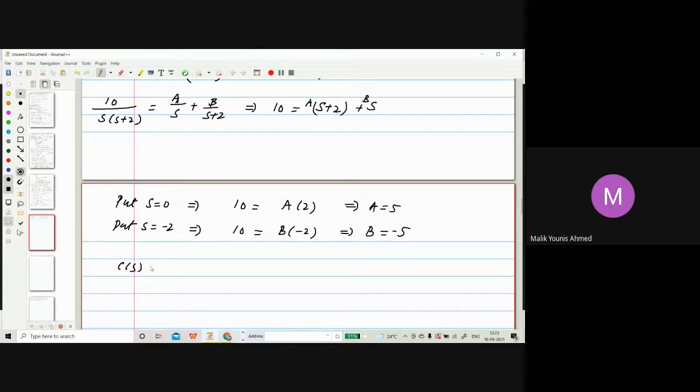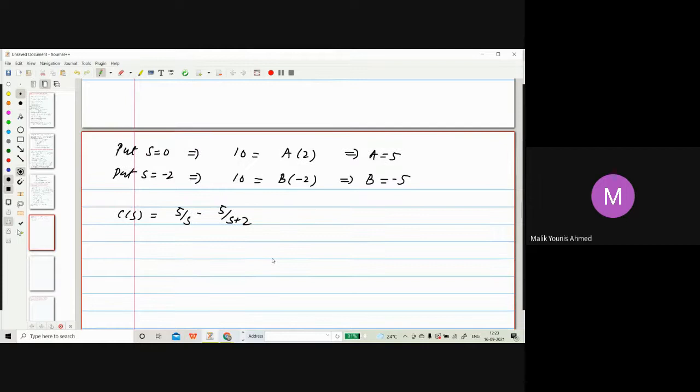C of s can be written as 10 divided by s, that is equal to a by s, a is 5, so 5 by s minus 5 divided by s plus 2. Taking 5 common, we get 1 by s minus 1 by s plus 2. So taking the Laplace inverse